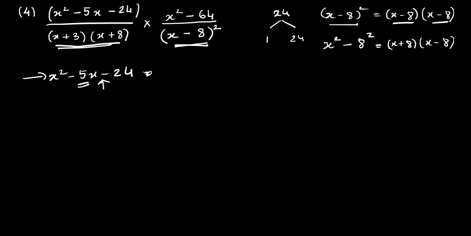No. Okay, next let's try 2 12s are. No. 3 8s are. Yes. Is this correct? Yes. So what to write in the next step? X squared minus 8x. Don't tell me the sign. Just tell me the number. Okay, 8x. 3x. Minus 24.